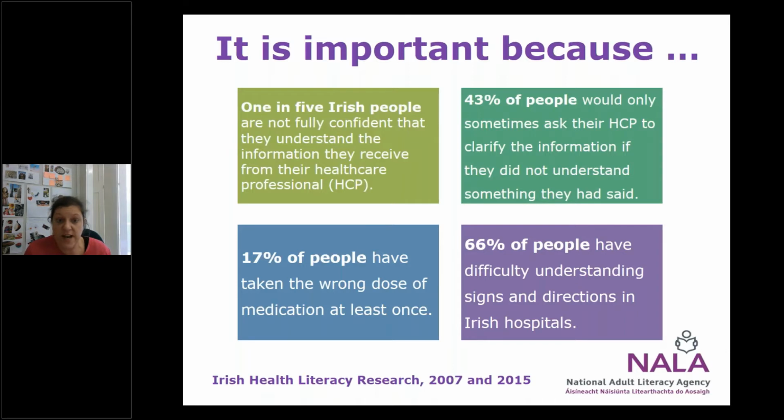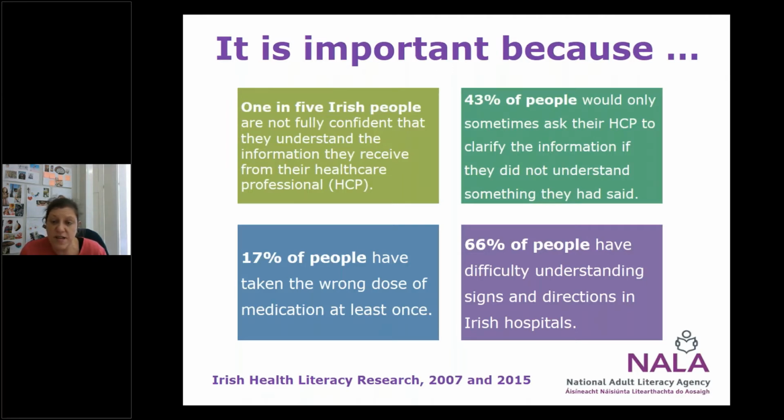So that again is a really big thing that the health services need to be conscious of, and make sure that they check that people understand what they might have said to them. Really worrying statistic there about the wrong dose of medicine. So 17%. So again, if you had 100 people, 17 people out of the 100 would have taken the